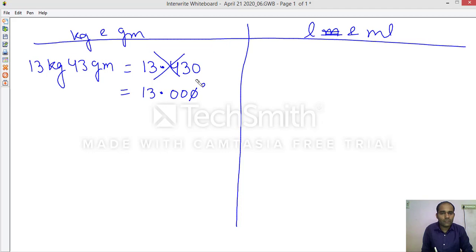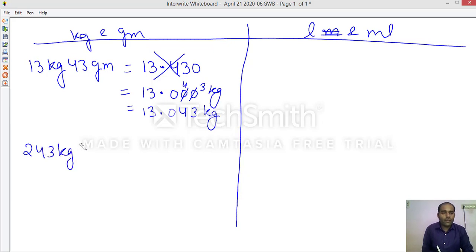This 0 will be replaced by 3, this 0 will be replaced by 4. So what is the number? 13.043 kilogram.